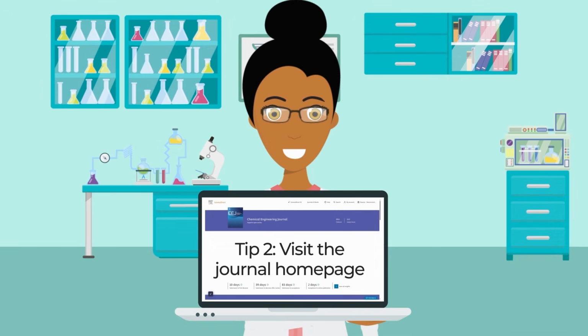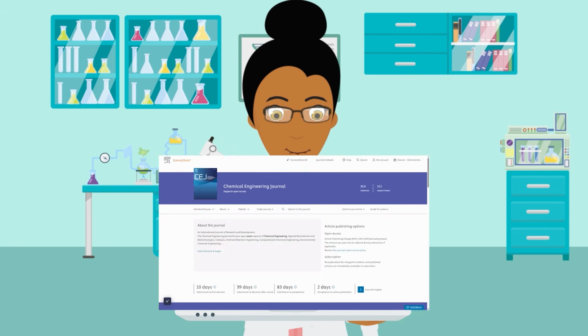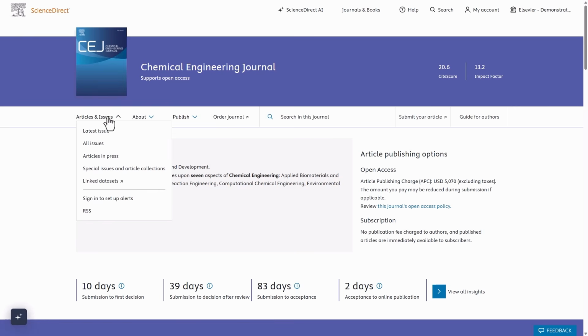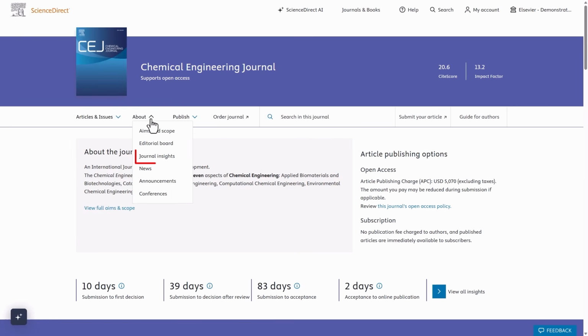Tip 2. Visit the journal homepage. Familiarizing yourself with the journal's homepage is a helpful tip in ensuring you're choosing the right journal, as well as offering key information for the preparation of your manuscript. The aims and scope will give you further clarity on the suitability of your research to this journal. You'll find links to recent issues, news and announcements, and also journal insights, which outline the publishing timeline for the